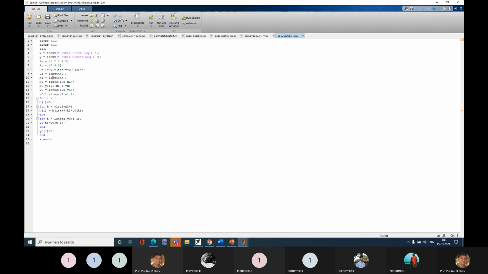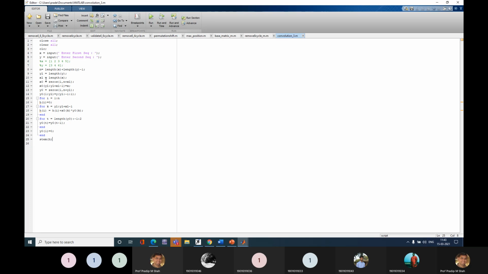First, the length of y, which I call y1, means the length of the second sequence. In the same way, the length of input x is x1. X and y are themselves sequences; x1 and y1 are the lengths of the sequences. That is the difference between x and x1 and between y and y1. Is it understood?